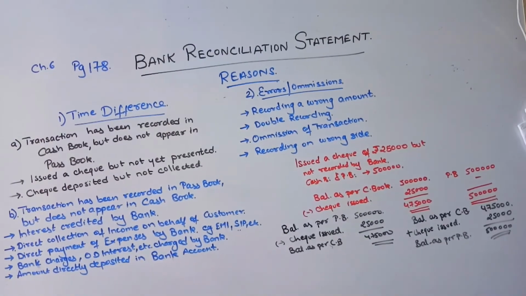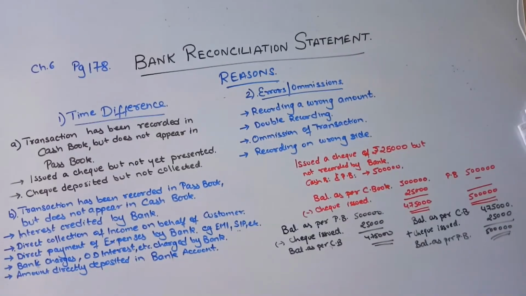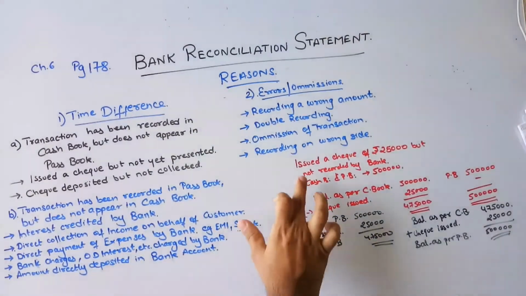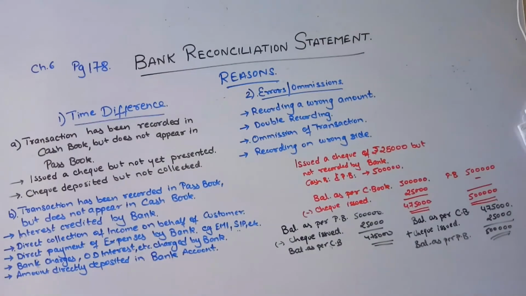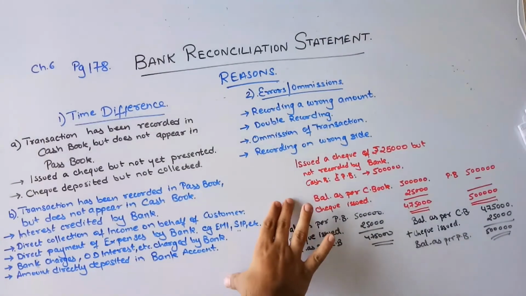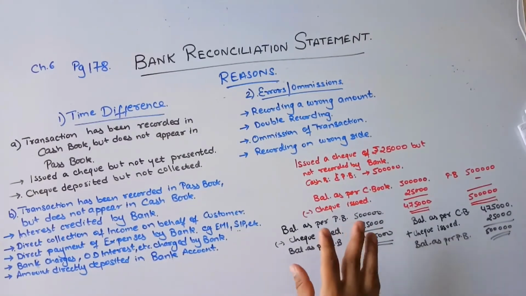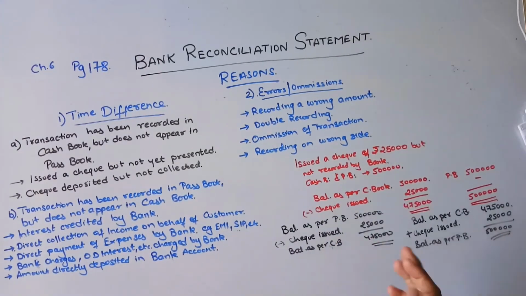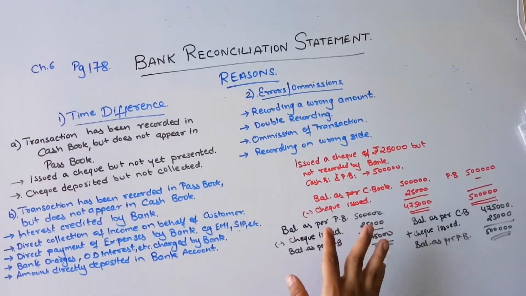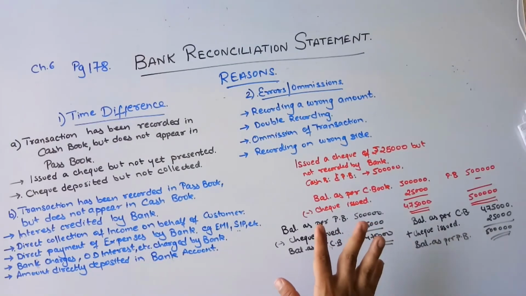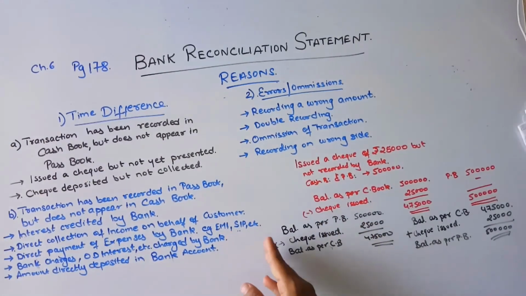Any doubts over here? Have you all understood this properly? So what I mean to say is, don't ever just go and learn that if it is a check issued, then I will add or I will subtract. Don't ever learn in that way. Understand what transaction has been given to you, because depending upon the question what has been asked to you, the solution might differ. The solution might completely change. So don't just go by the way of the question, see the particular transaction and directly add or less,